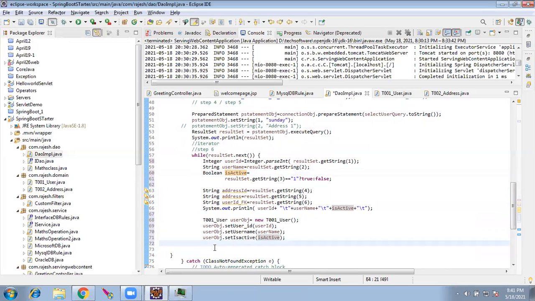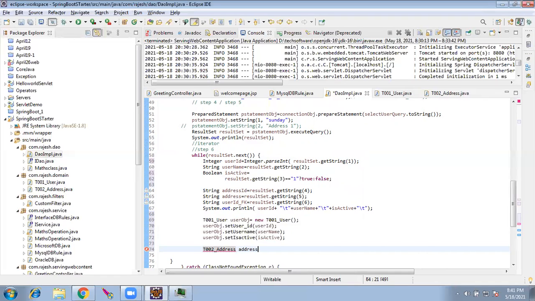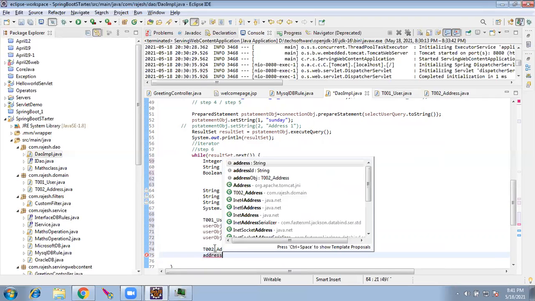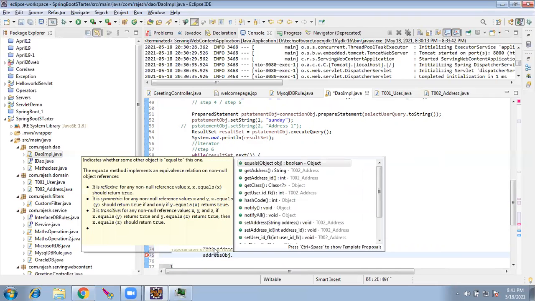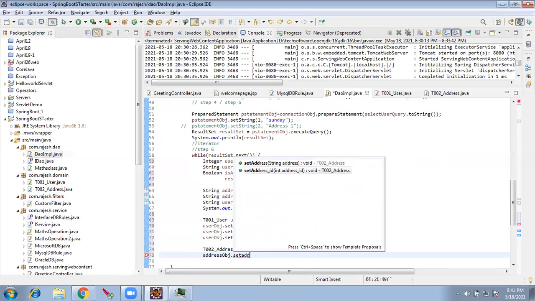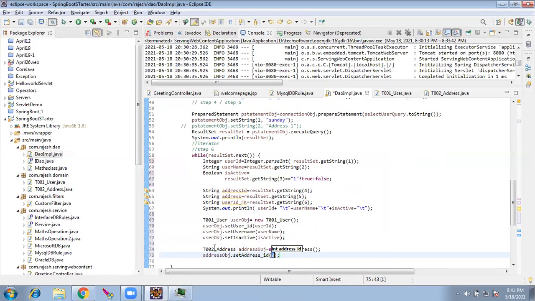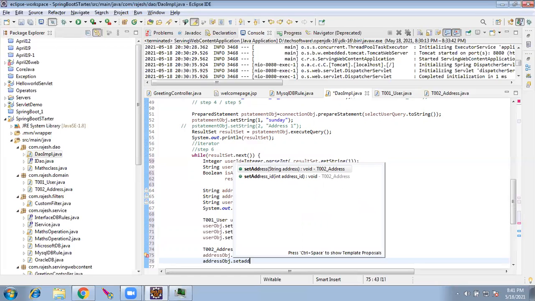So far we have formed the user object. The same way we have to form the address object. T002 address object equal to new T002 address. Object dot set address ID. Are we fetching the address ID? Yes. So address ID, same error, we have to convert using a wrapper class, and address object dot set address.